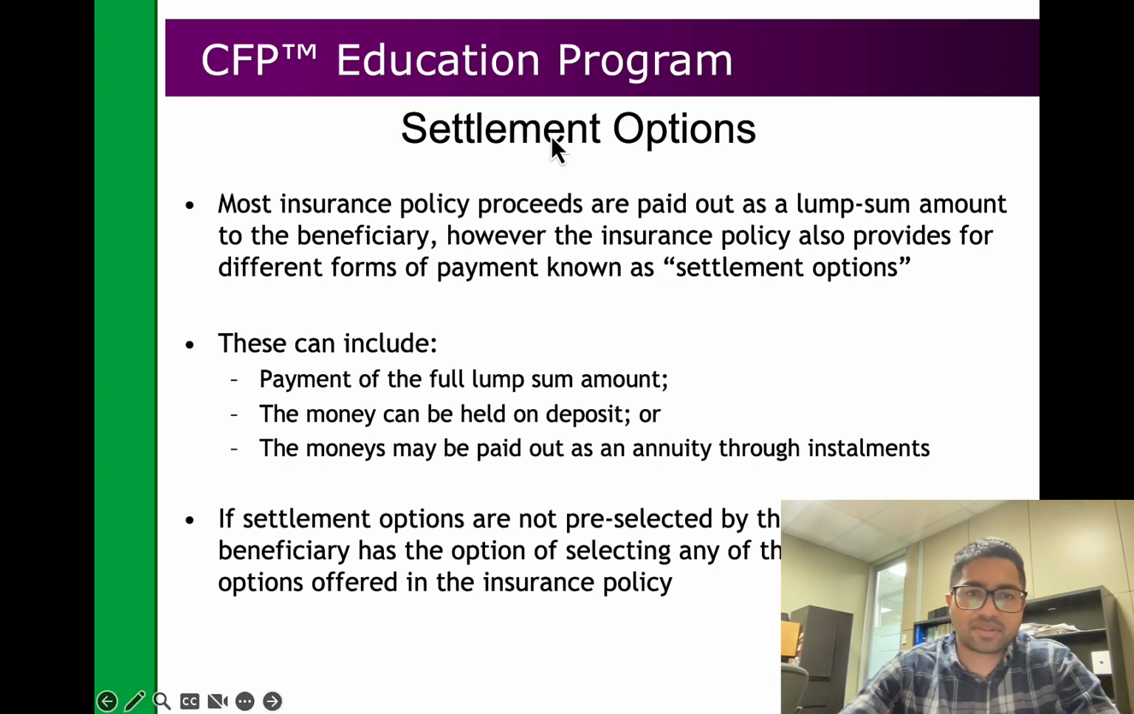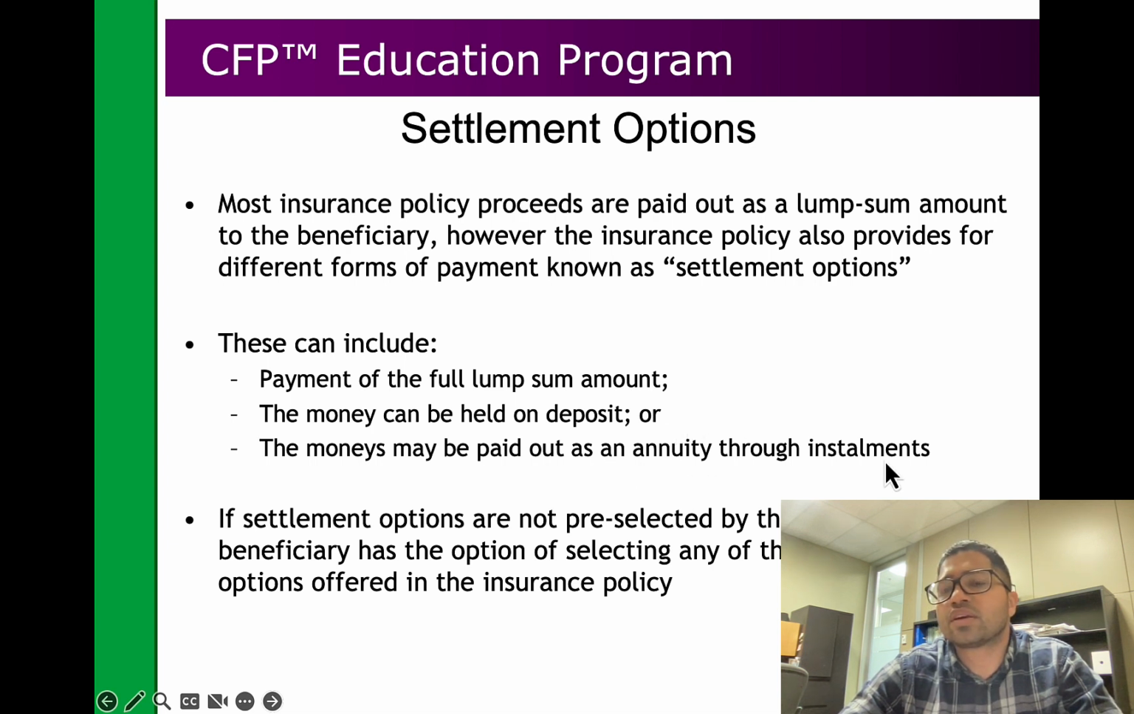Now, settlement options. There are different ways to get settlements from an insurance company. Most insurance policy proceeds are paid out as a lump sum amount to the beneficiary. However, an insurance policy can also provide for different forms of payments known as settlement options. They can include payment of a lump sum amount, so a big amount paid as a settlement, or money can be held on deposit. So money is deposited into a certain fund, or money can be paid out as an annuity through installments. So rather than paying it in one go, it is paid, let's say, every year or every month